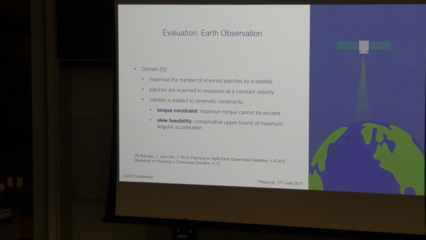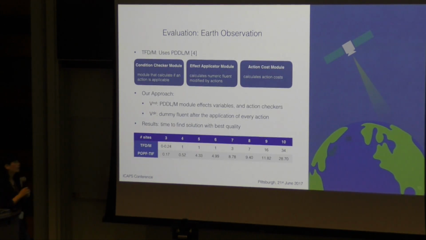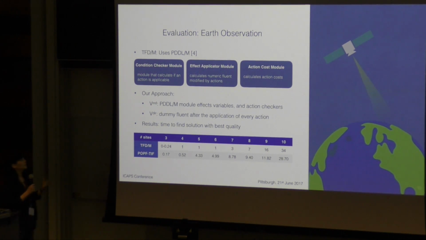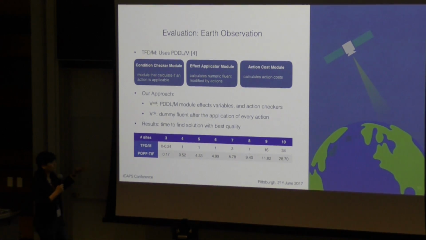But this satellite has to maintain some constraint on the torque and the zero visibility due to the kinematic of the satellite. So the original paper proposed a model with semantic attachment based on the PDDL language, where basically they distinguish different kinds of external modules. But it turns out that we can express the same model within our framework, and therefore we can compare